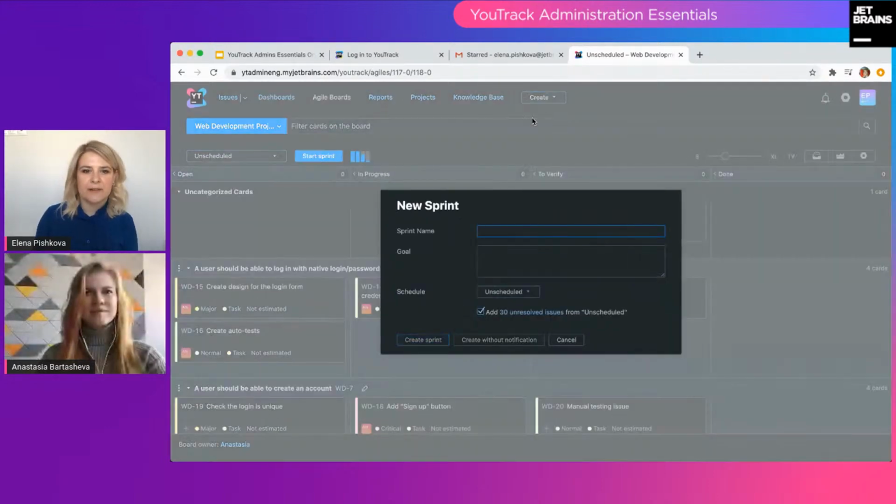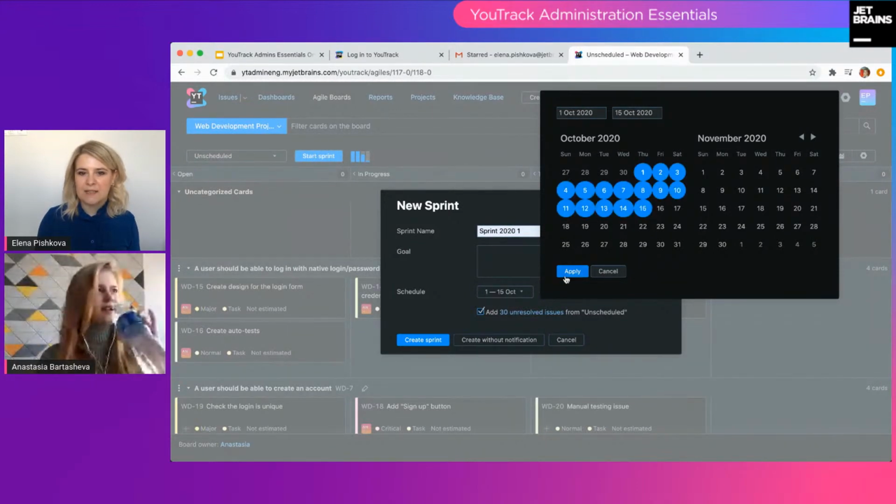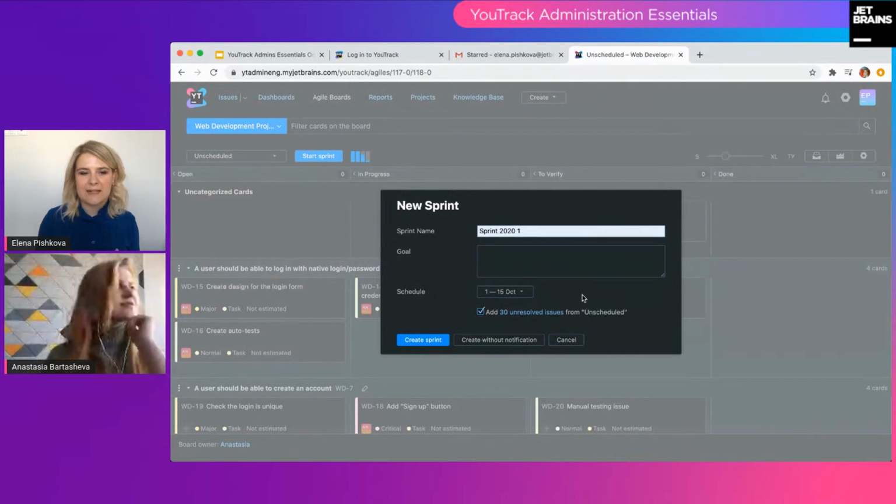So let's choose to create a sprint. This is going to be our first sprint in this year. So I name it first sprint, and let's schedule the dates. Our team is using 2-week sprints, so I'm setting the dates for the sprint. If it will be our next sprint, I'm able to choose to move any tasks from one sprint to another in the same dialog, and